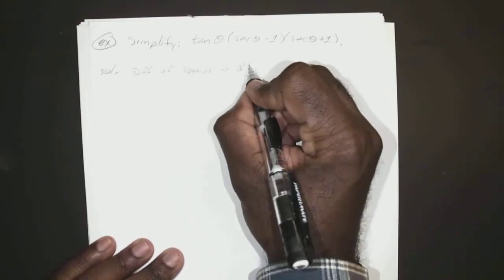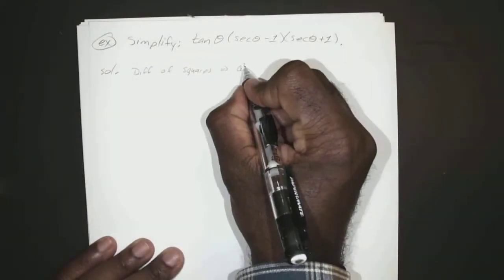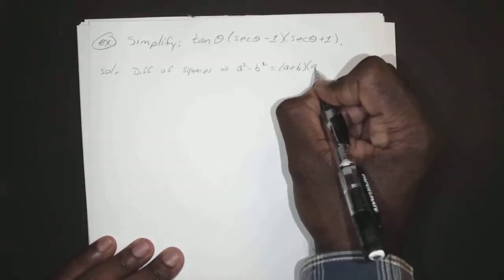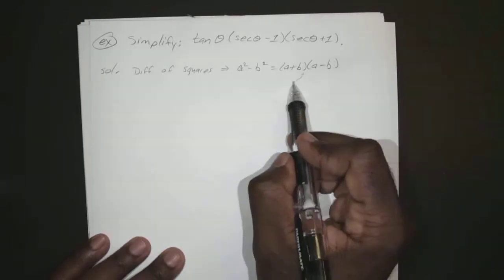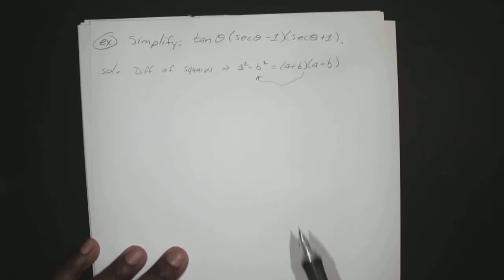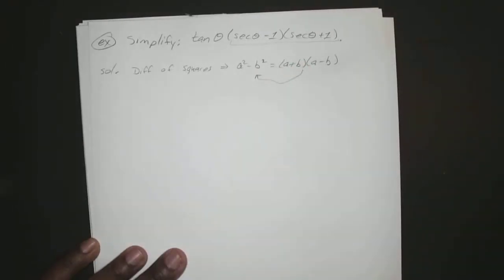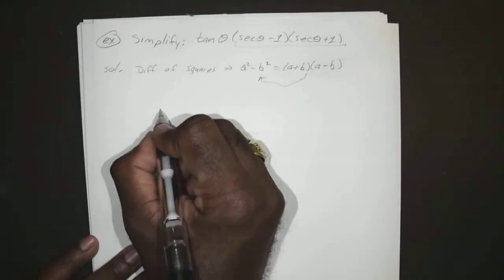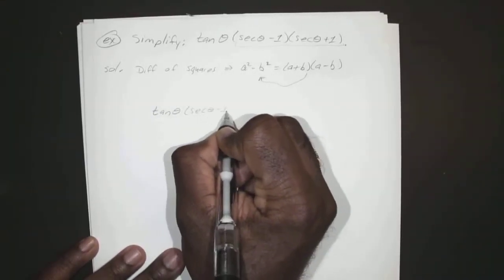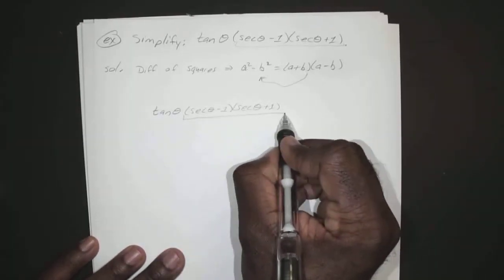which is a squared minus b squared equals a plus b times a minus b. And it works the other way if you just FOIL it. So all we have to do for these two, if you notice, is secant minus 1 and secant plus 1, which is really the same form as our difference of squares. So that means our tangent of theta, of secant theta minus 1 and secant theta plus 1, if we just FOIL these two,